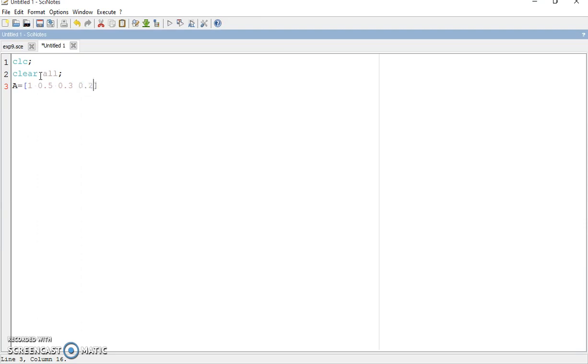These are the membership function values for the supports x1, x2, x3 and x4. This is the first fuzzy set A. The second fuzzy set B is 0.5, 0.7, 0.2 and 0.4.